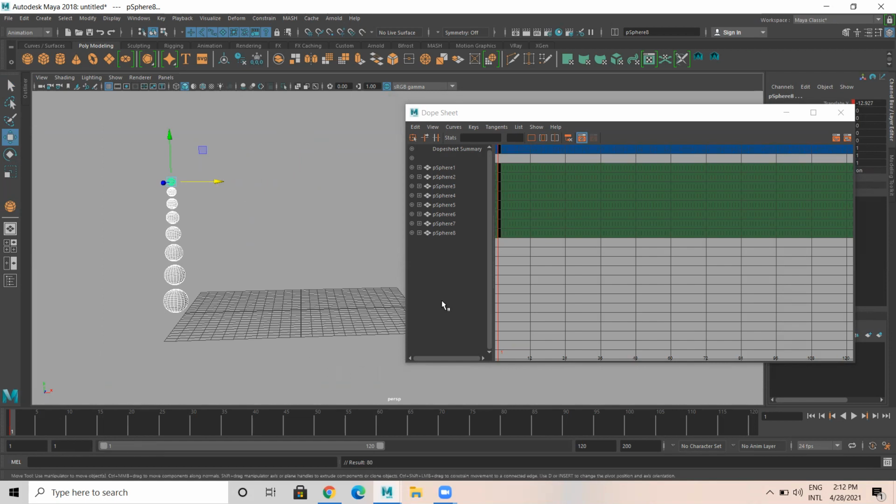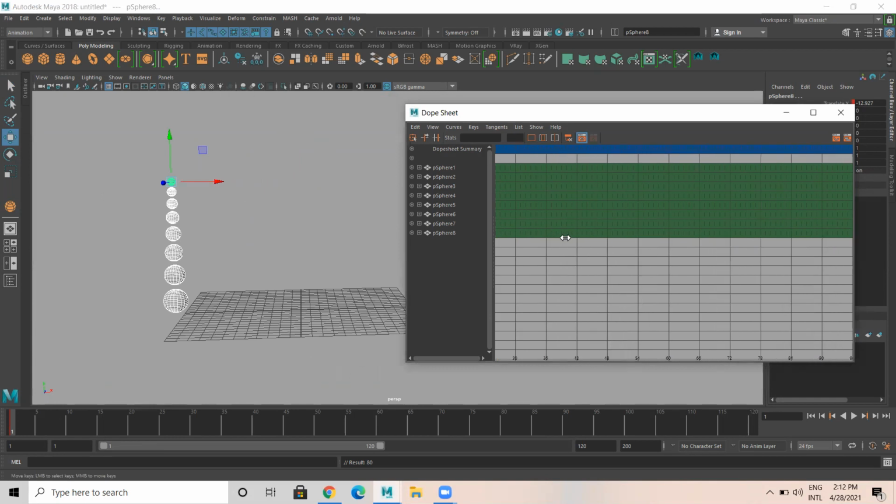So when I press S, set key, you can see it's getting keyed here. Holding Alt and right click, and middle click, you can move this. Holding Alt and right click, the frames are zooming in, like this. The top one is the summary.